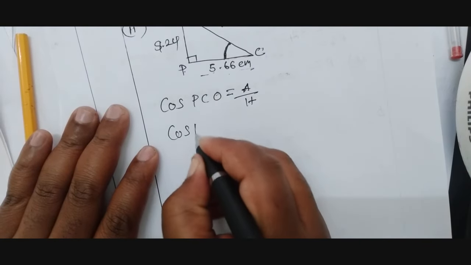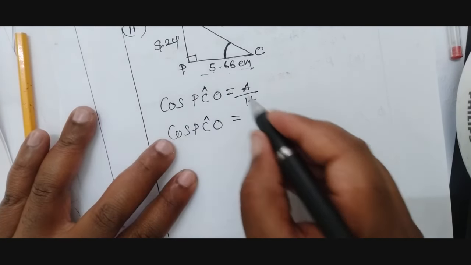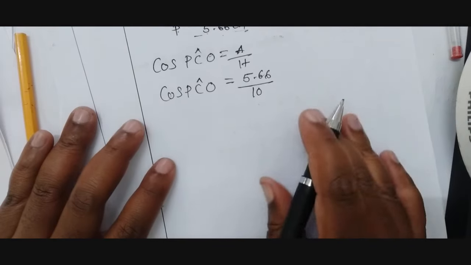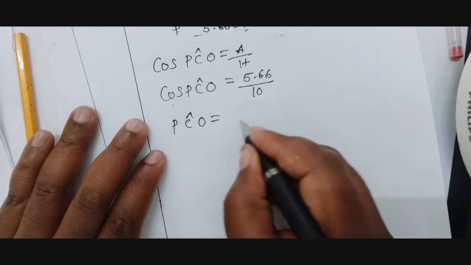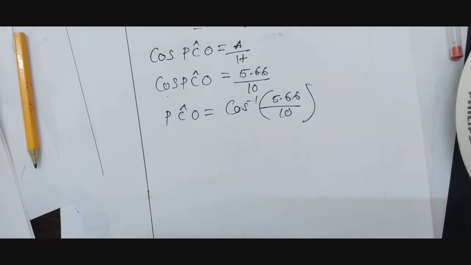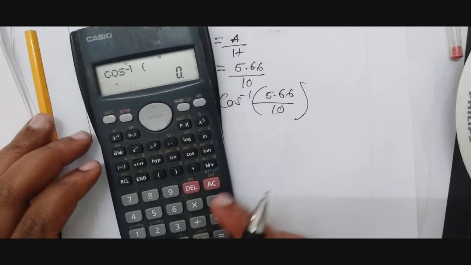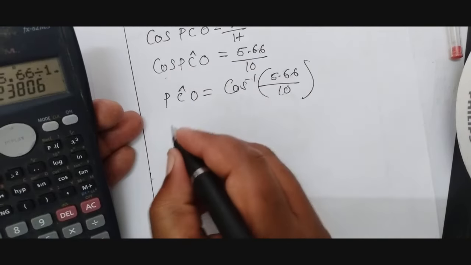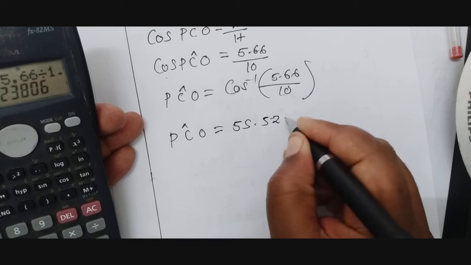So cos PCO, of course, an angle. What is my adjacent? My adjacent is 5.66. I divide this by what? 10. Now, to find the angle PCO, I'll just take the cos the other side. So it will be cos inverse of 5.66 divided by 10. All right, so you don't need to worry, you use your calculator. So shift cos, open the bracket, 5.66 divided by 10. All right, what do you get? You get angle PCO is equal to 55.5